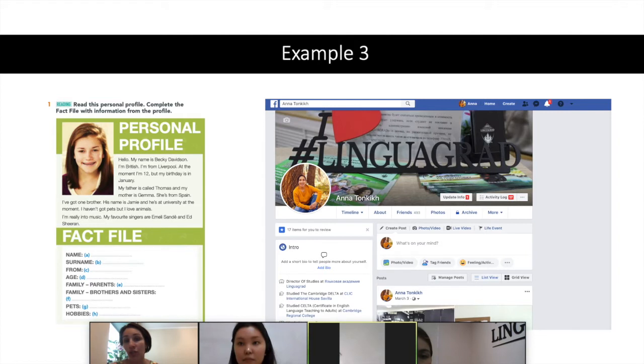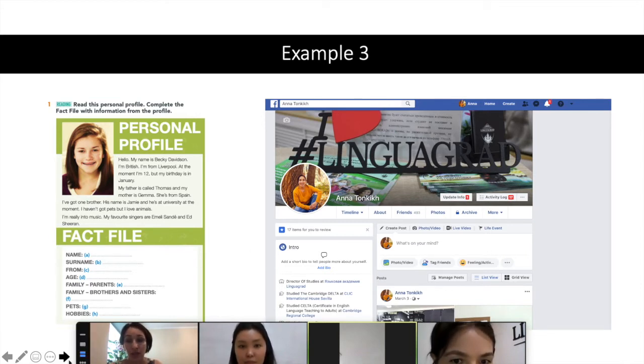So we could just use a fake Facebook page to help them do two things: practice writing a personal profile and create something absolutely genuine, realistic, and true in English. And I don't need to scan any pages for that. I just go to a realistic example that students would use in the world.